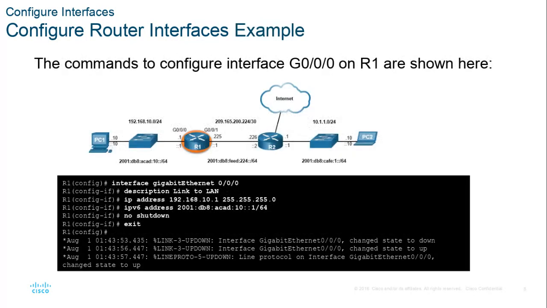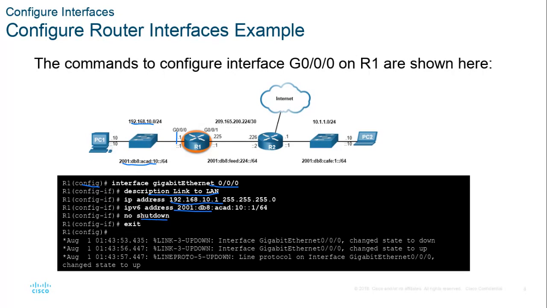So let's configure G0/0 on R1, this port right here. And it looks like it's supposed to be 192.168.1.10, and it's supposed to be 2001:DB8:ACAD:10::1. So he's in global configuration mode, interface gig 0/0/0. He has a description, which is not executed at all, just so he can remember what it goes to. Oh, that's my LAN link. Then the IP version 4 address is given, and the IP version 6 address is given, and